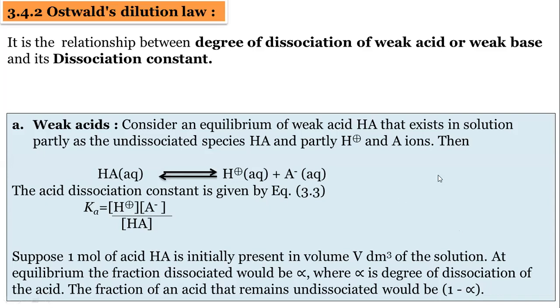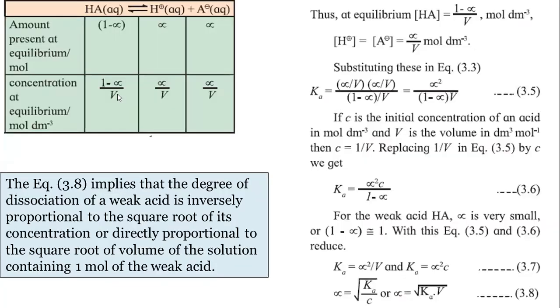So the Ostwald dilution law is the relationship between the degree of dissociation alpha and the dissociation constant, that is Kb or Ka. Ka is the dissociation constant of a weak acid and Kb is the dissociation constant of a weak base. Actually, we only have to remember this table. With this table we can derive the equation. Initially, see,